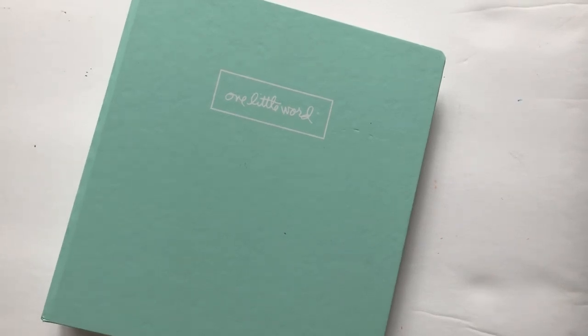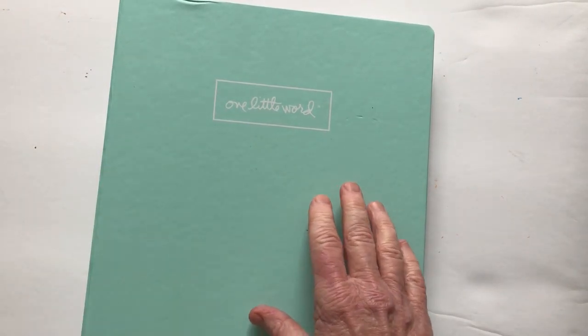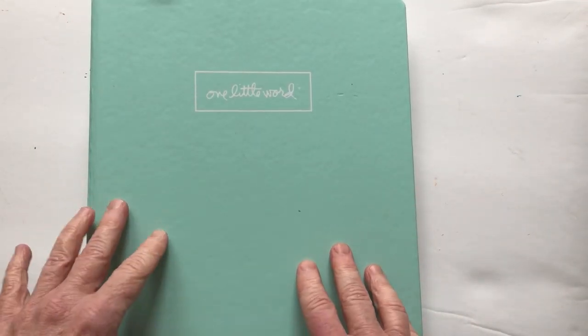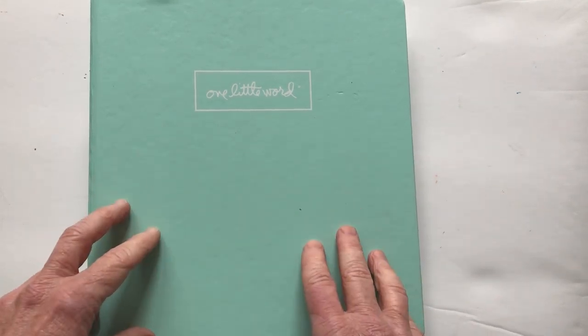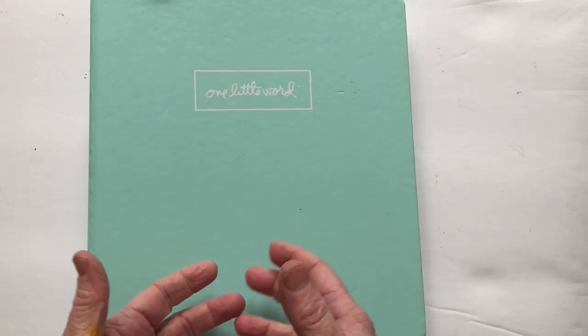Hello, everyone. I've had a few requests for a flip through of my One Little Word album for 2019. My word was choose, and I think that's one quite a few people choose. And so maybe those of you who are thinking about that word were interested in seeing what I did with it. But I think that this is a good way just to get an idea of one way you could